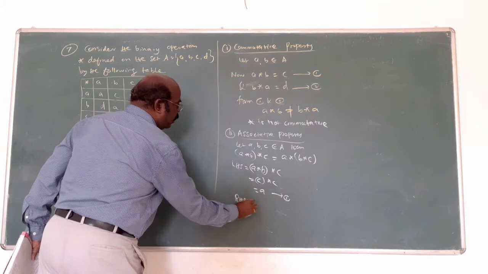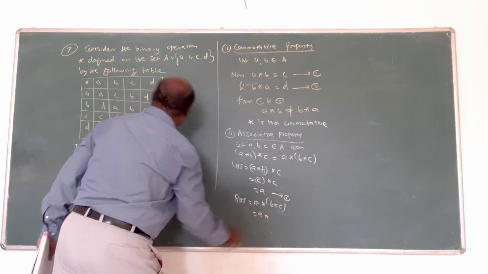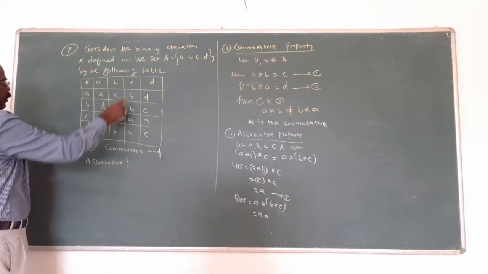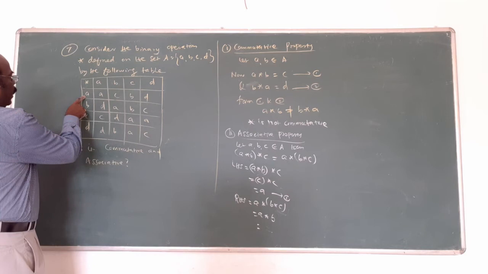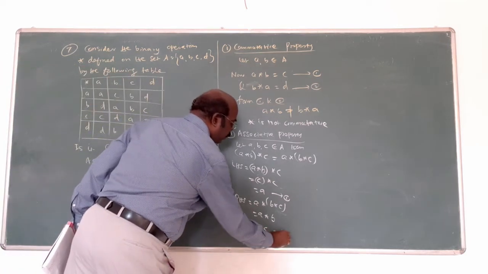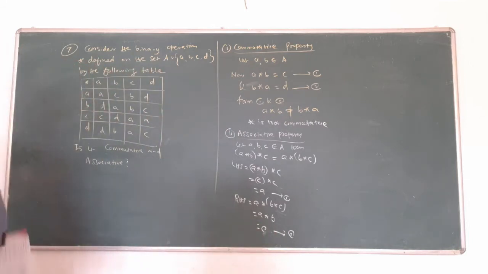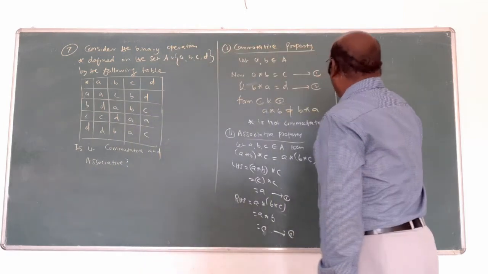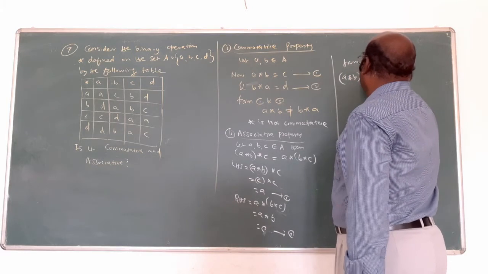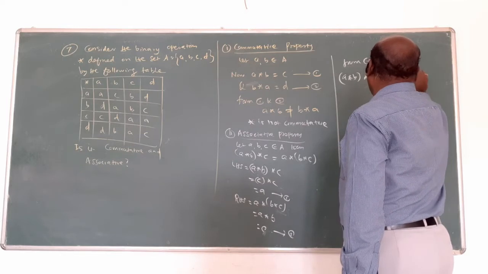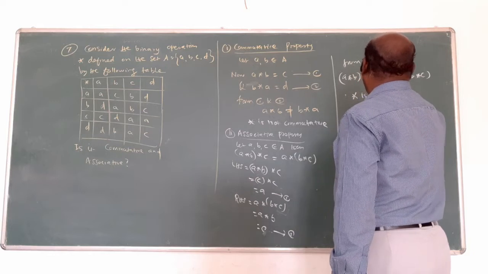Then RHS equal to A star B star C. First find the inside. B star C, B star C star B. Then A star B star A star B star C. This is the second. This is also not equal. Therefore, star is not associative. From 1 and 2, A star B star C is not equal to A star B star C. Therefore, star is not associative.